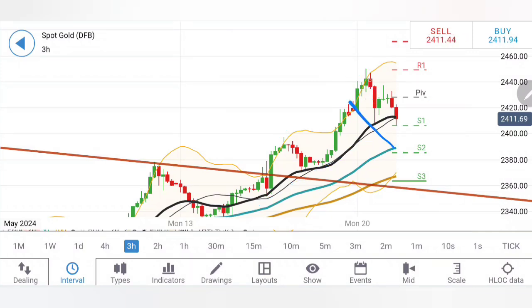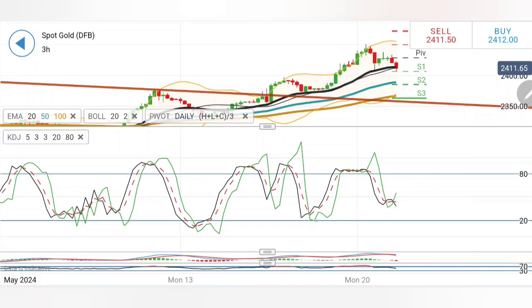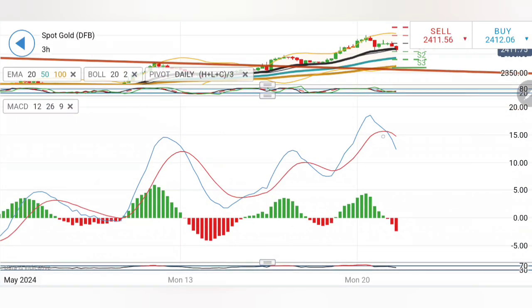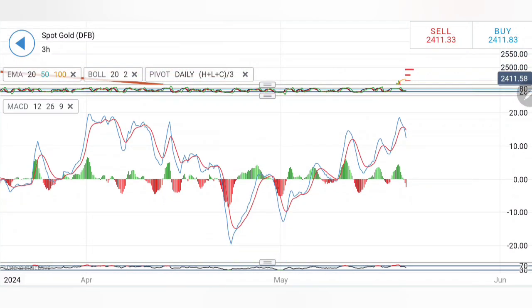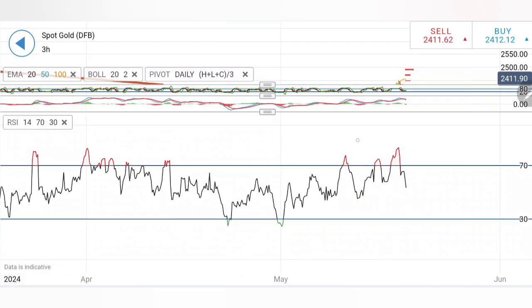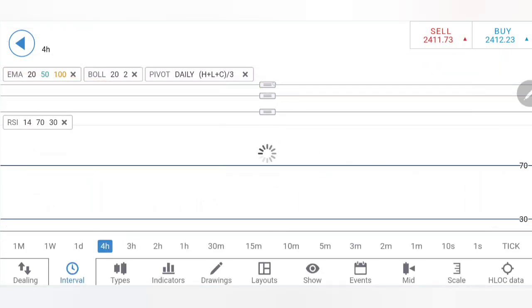Right now I can see that it is trying to form a nice flag formation before giving a breakout. Stochastic dropping here. MACD has crossed over at the top, trading with divergence, and this is coming from a bit of a higher level. So yes, it can. But if you look at the waves, they are still on a bullish note, and as long as it respects this, we cannot expect that it has turned bearish. RSI has also come out of the overbought zone. Coming to 4 hour.